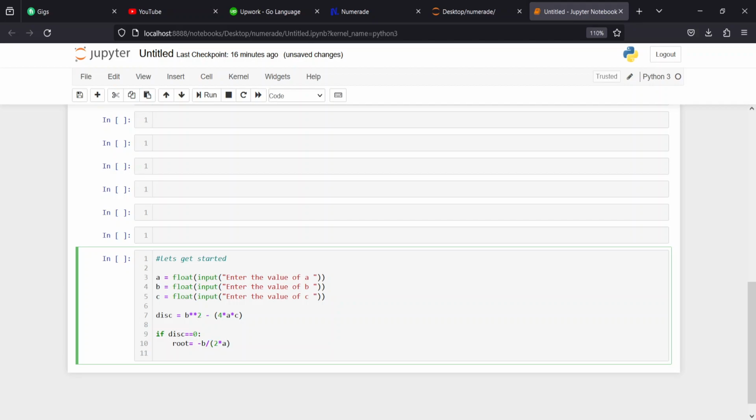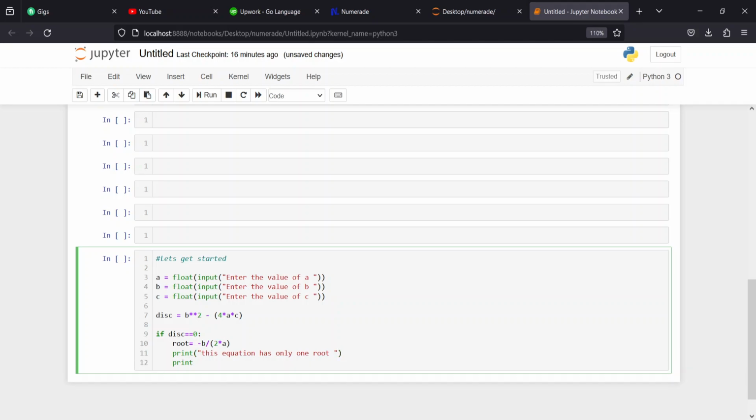So then I will print a nice message here. This equation has only one root. Okay, and their root will be this root. Okay, so in the next case we have to use else if. In Python we can do this by elif. So if the discriminant is greater than 0,